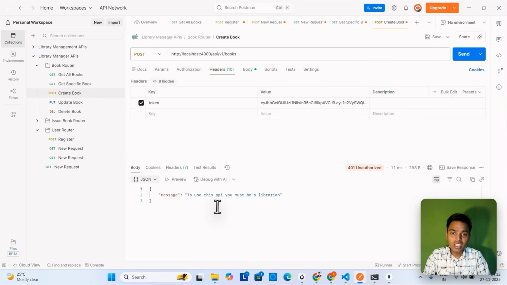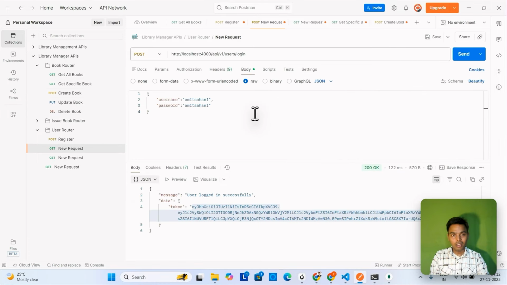So to use this API, you must be a librarian. We logged in here as a student, right? So student is not allowed to use the create book API, update book API, delete book API, issue book API, and return book API. Only a librarian is allowed to use all these APIs. Okay, so for this purpose, we first of all have to